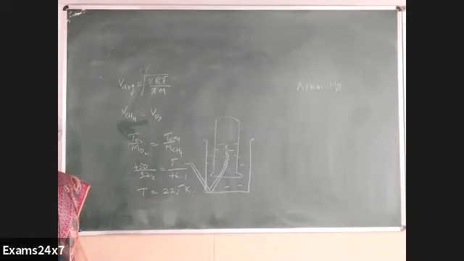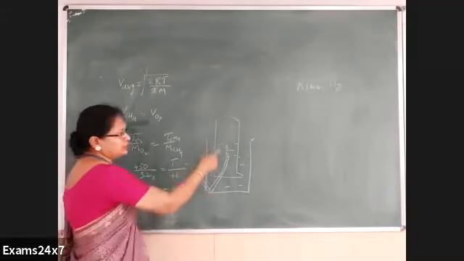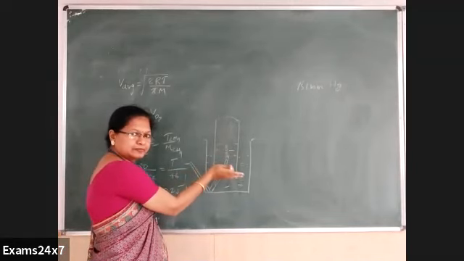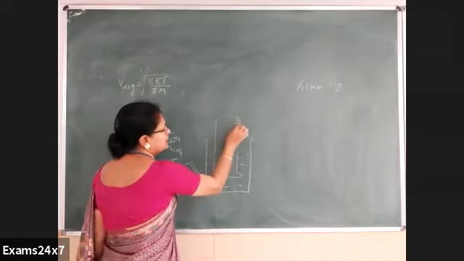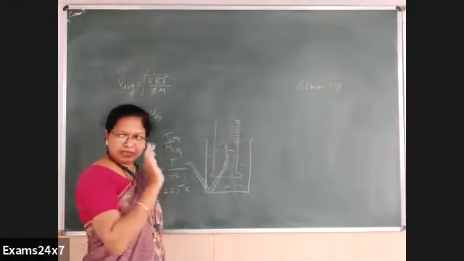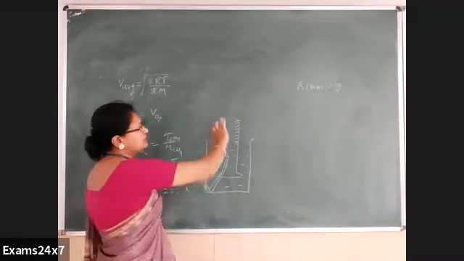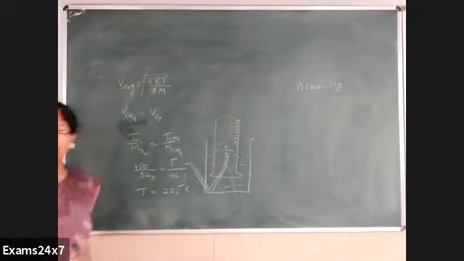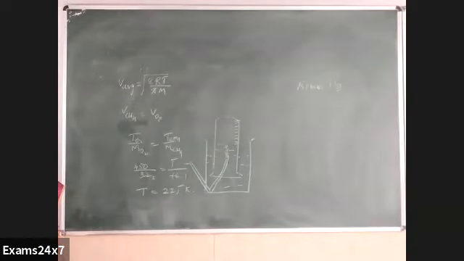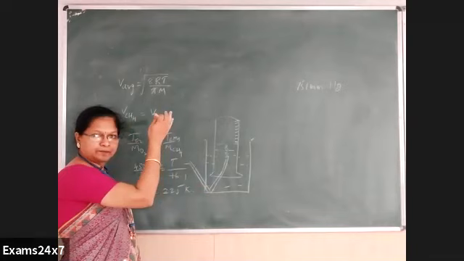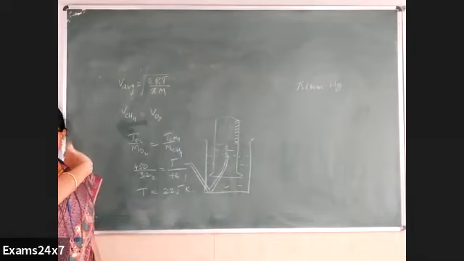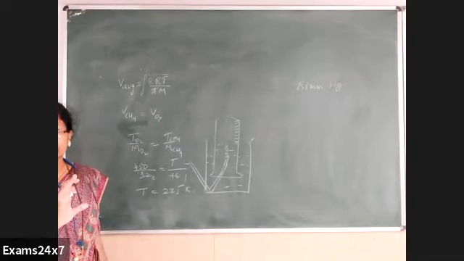That is why, if you want to know the volume of a gas, it should be collected over water, such that as more and more gas enters, the water level will decrease. If the jar is graduated, that means marks are there to measure, you can find how much empty space you get, and that is the volume. Understood? Hence, whenever we require the volume of a gas, we cannot collect it in an empty vessel. We have to collect it over water. This is called collecting over water, so that we get to know the volume of the gas. Understood? Why is it not directly collected?